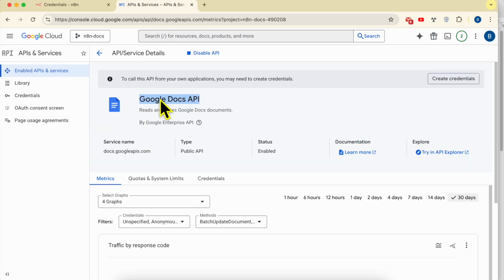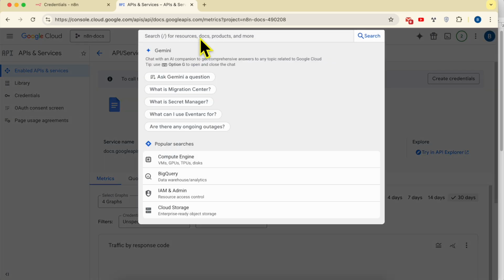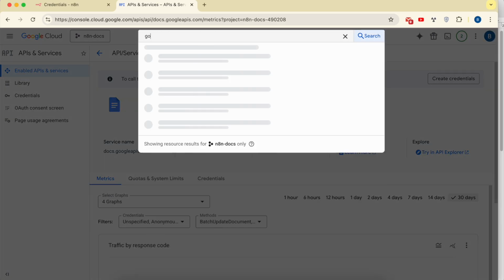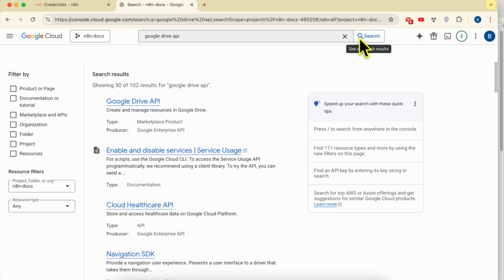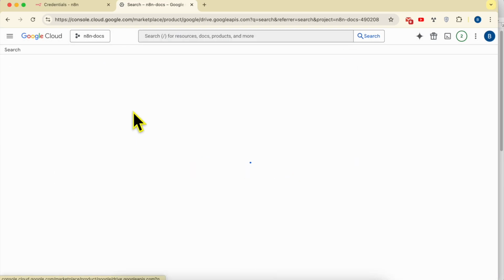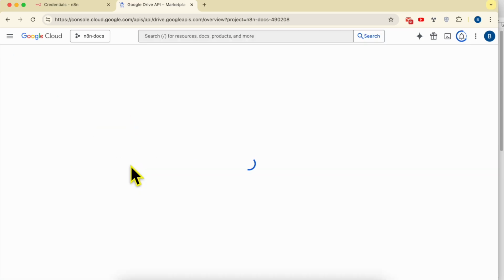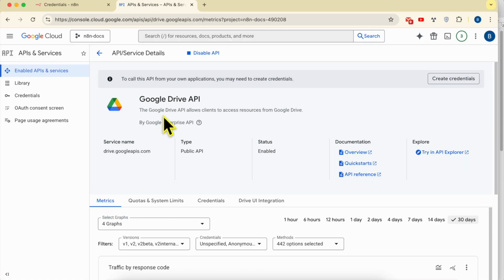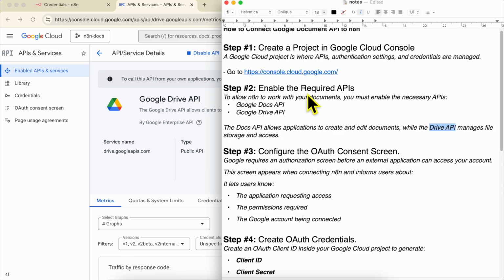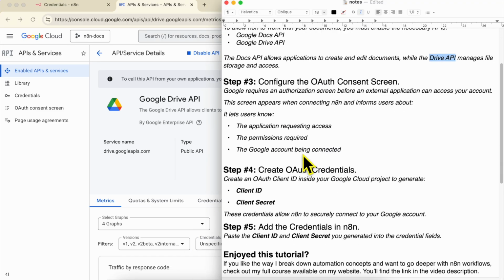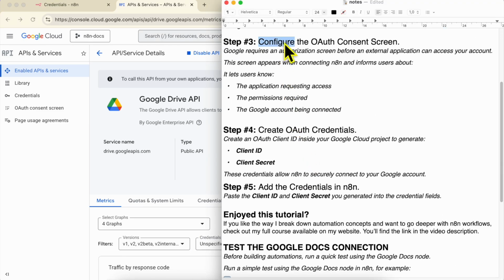Now once the Google Docs API is enabled, let's enable the second one, which is the Google Drive API. Hit search, and this is the second one. Click on it to open it and hit enable. Now that both required APIs are enabled, we can jump to step number 3, which is configuring the